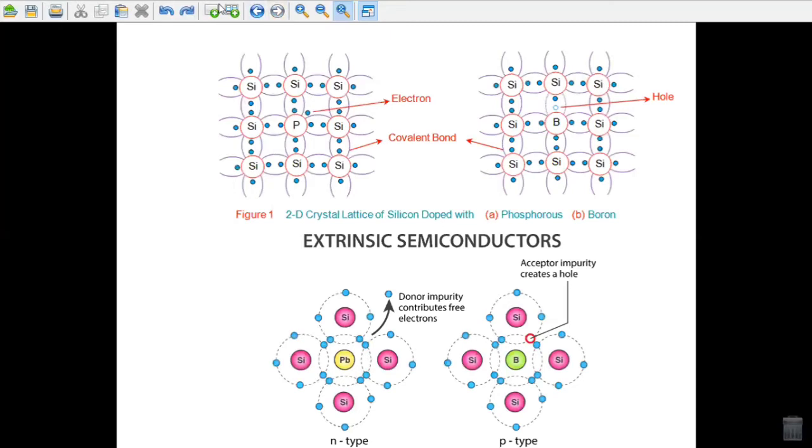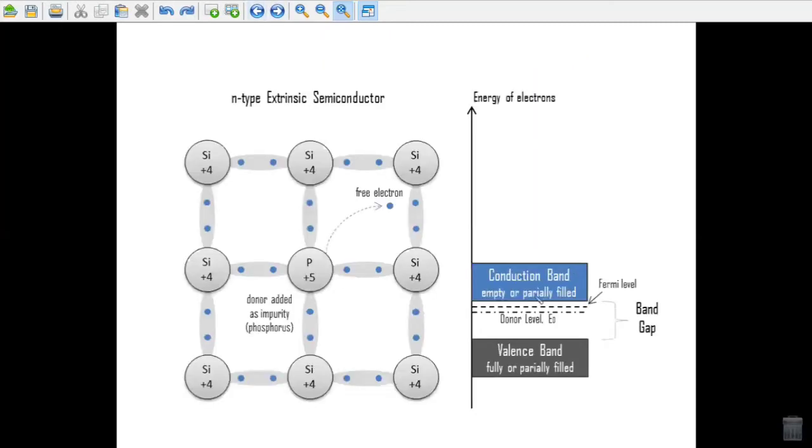What happens at T equals 0, or absolute 0? Suppose this is the conduction band, and this is the, sorry, the pen is not working. Oh, you can see the donor level, right? These levels,